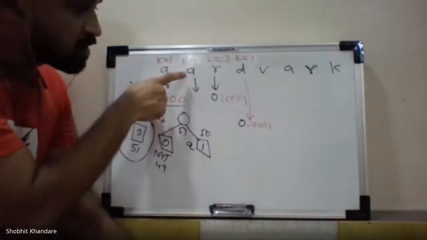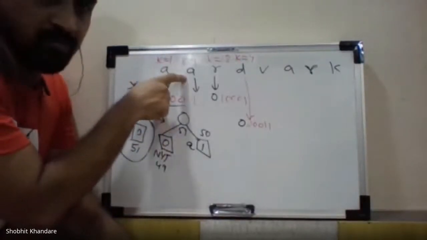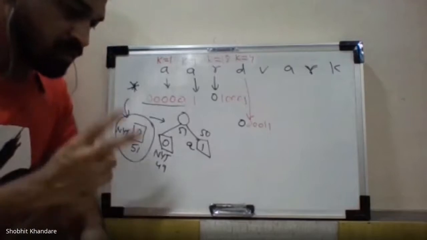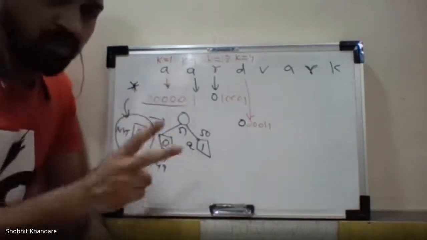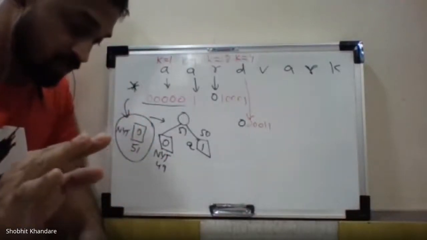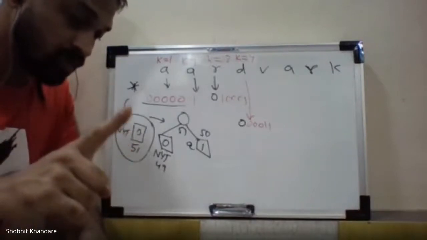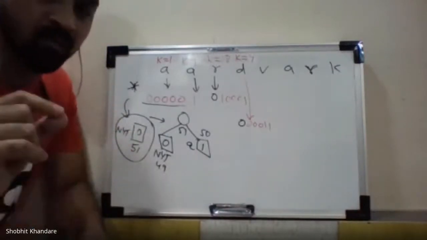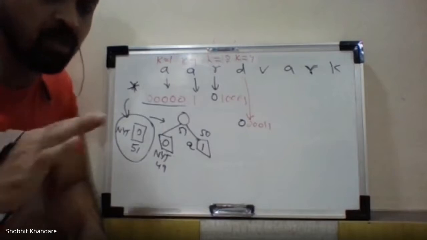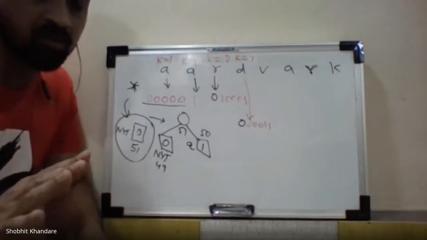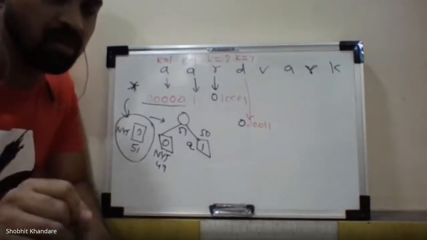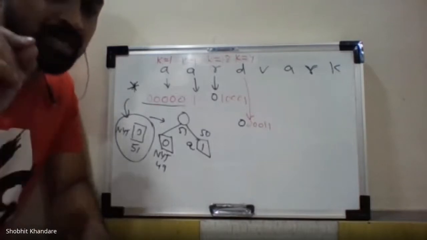Come to this A. The value of K will be 1. Okay, then which steps will we follow? What does it say again? If the symbol has come for the first time, no, I will ignore the second step, go for the third step. If the symbol has not come for the first time, then send the code for that particular symbol. Okay, now we have to send the code. Now they haven't mentioned the fixed code. I have already told you the difference. So here, do not refer to the fixed code. Do not go into those fixed code calculations. They have simply told you that you have to send the code for that particular symbol.